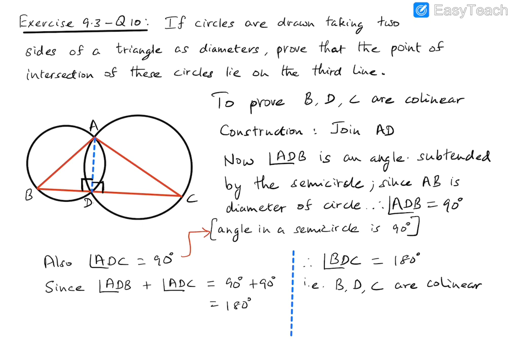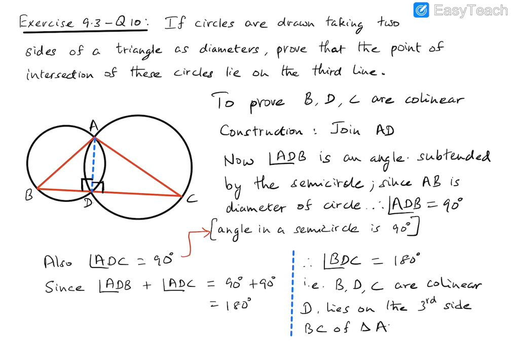Okay, and we clearly see that D lies on the third side BC of the triangle. So D lies on the third side, which is BC